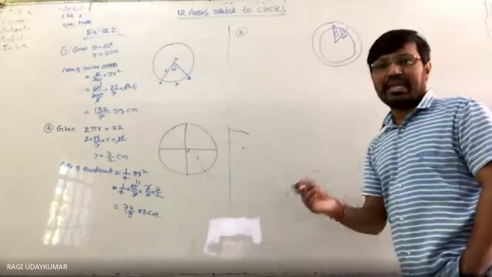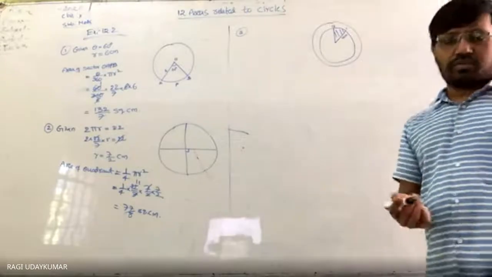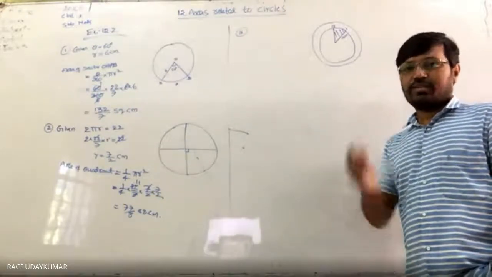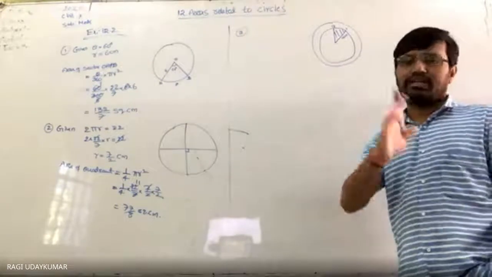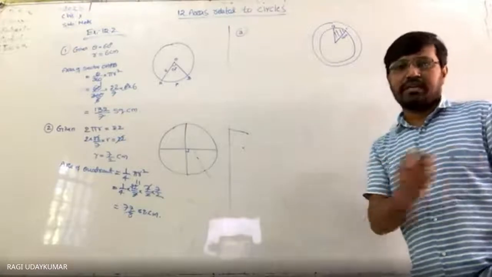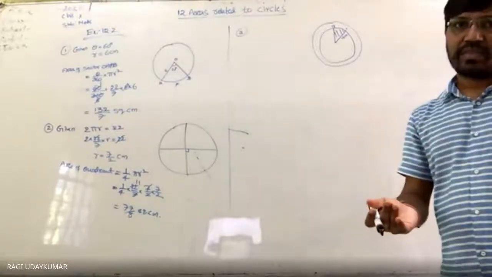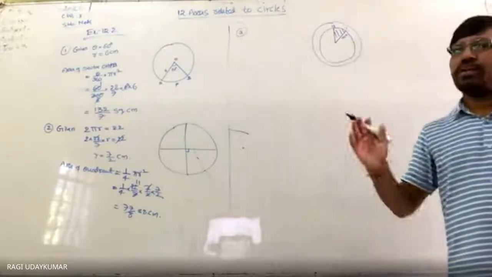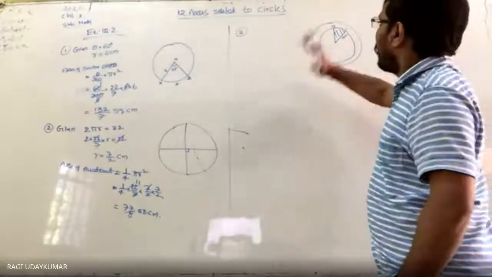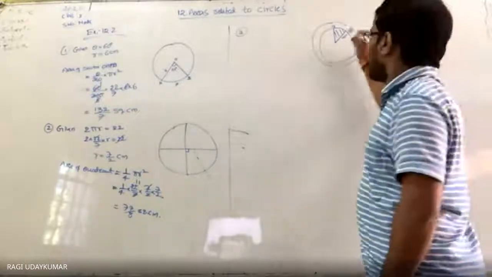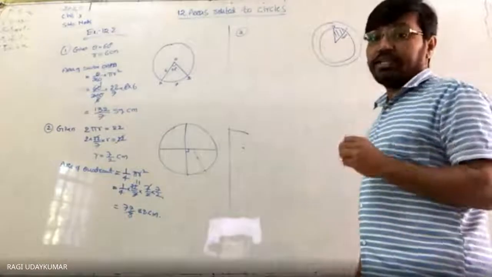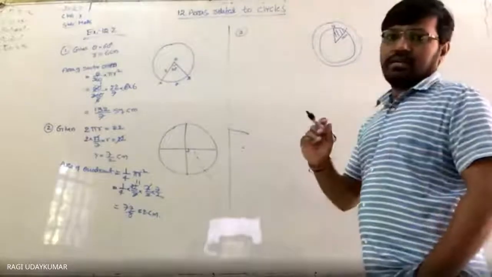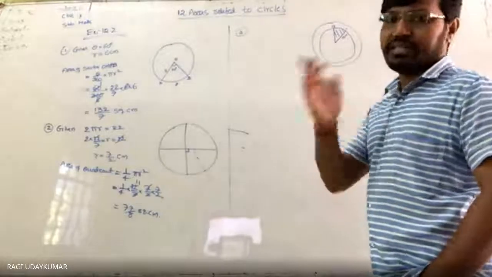What is meant by sweeping? You know, sweeping is covering area. Swept is the past tense of sweep, like sweeping with a broom. So how much area is it going to clear? That is the area that should be covered. It forms a sector. When the minute hand moves, it forms a sector.